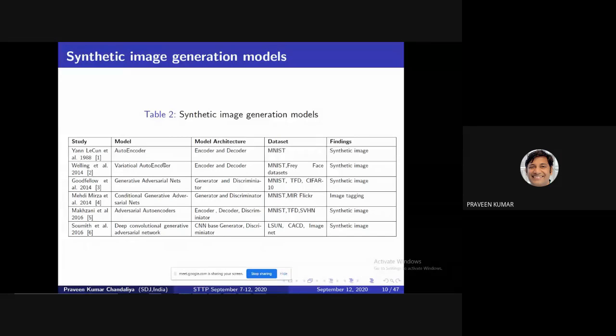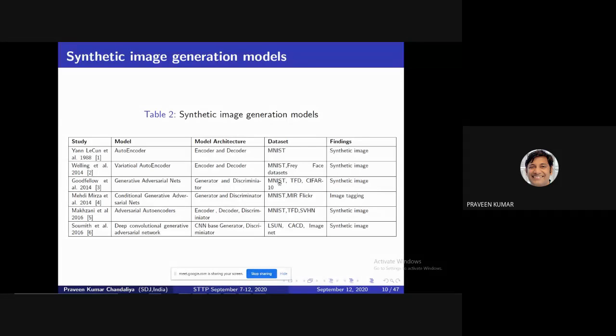Then after this, in 2014, the variational autoencoder was developed. This variational autoencoder is mainly used for image alteration purposes. If you require to generate female to male or male to female, gender alteration, this one is generally used. Again, two main components are present, encoder and decoder. In late 2014 or early 2015, Ian Goodfellow introduced the generative adversarial network. In this generative adversarial network, two important components are present, the generator and discriminator. In coming slides, we discuss what the generator is and what the discriminator is, how they work, and what the adversarial loss is. All these concepts we discuss in coming slides.